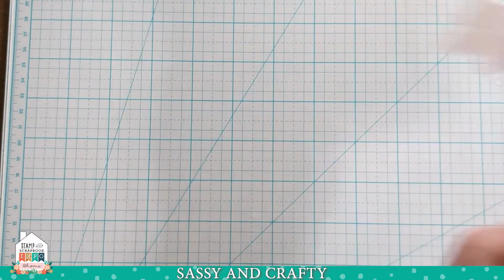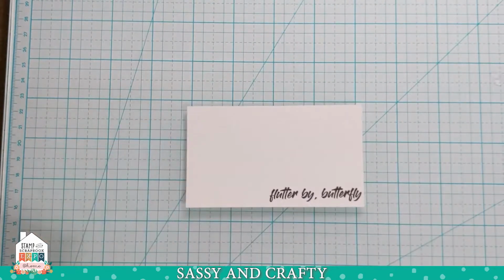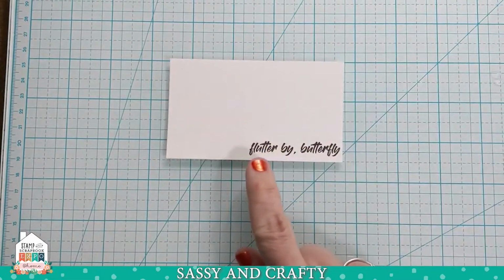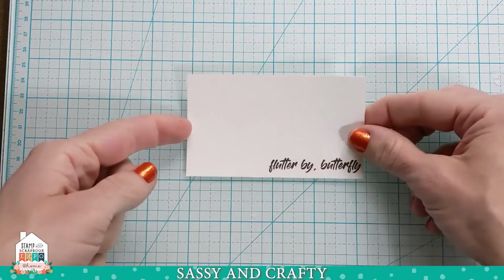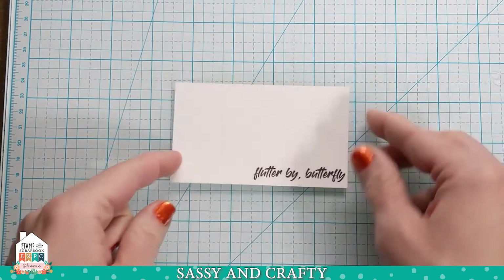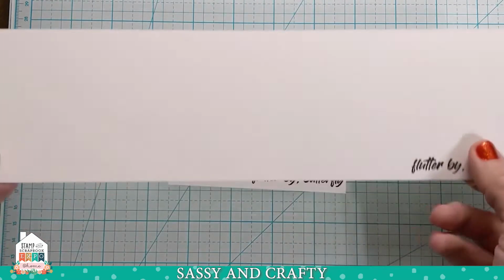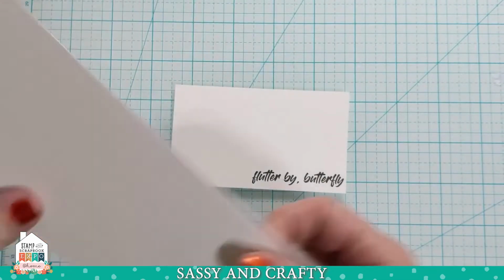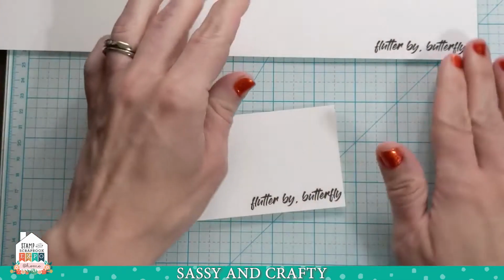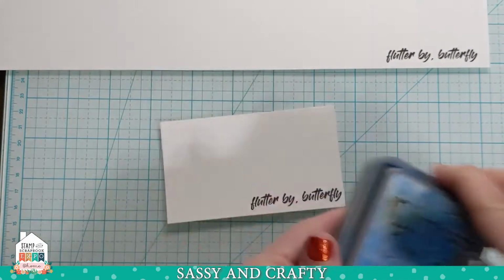So now for the bases, I just cut some strips of paper. For our base card here, I have Flutter by Butterfly from the stamp set stamped on the bottom. For the main A2 card, I cut this at 2 1/4 by 4 1/4 inches wide. And then I cut a coordinating one for our scrapbook layout, and this one is 12 inches wide by 3 1/4 inches tall. So we are going to be using some Distress Oxide ink in Salty Ocean, and